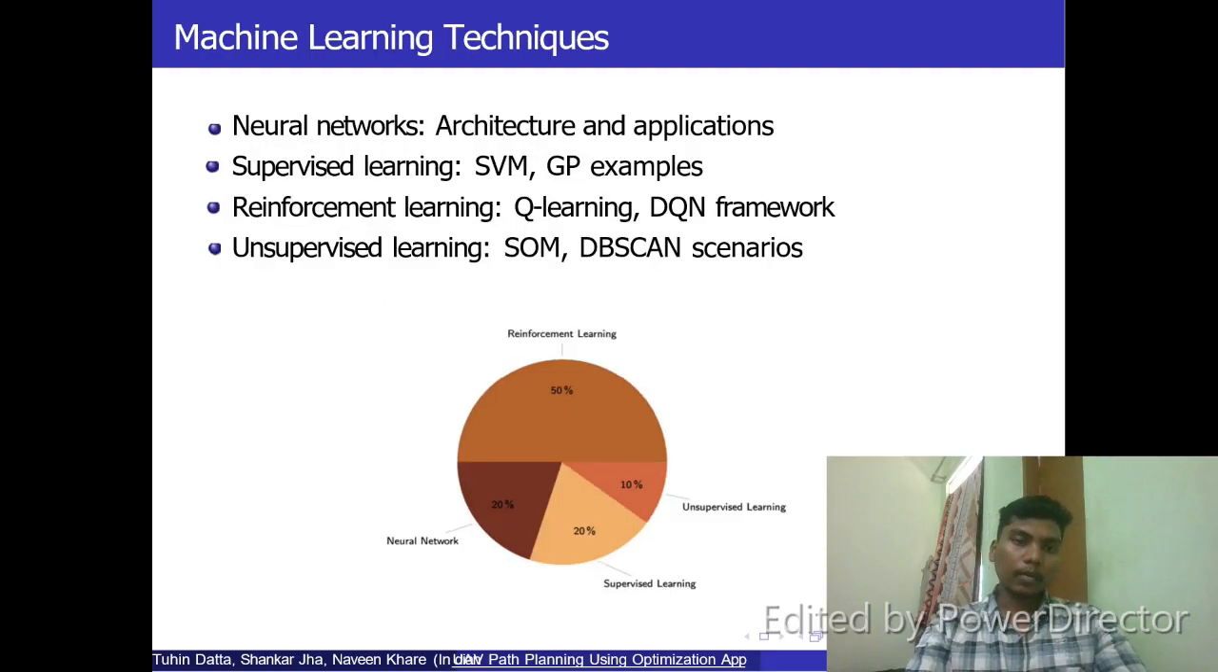Now, we will continue with machine learning techniques. Machine learning approaches bring adaptive capabilities to path planning. Neural networks are well suited for dynamic environments and multi-objective planning, but require extensive computational resources and training time. Supervised learning methods like support vector machines and Gaussian processes reduce problem complexity with near optimal solutions,